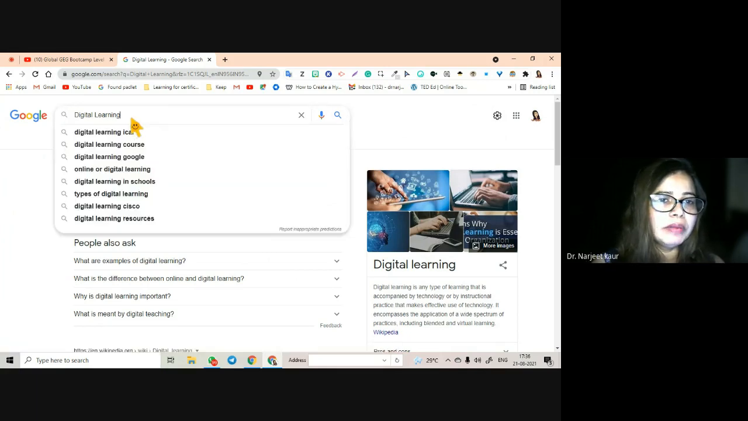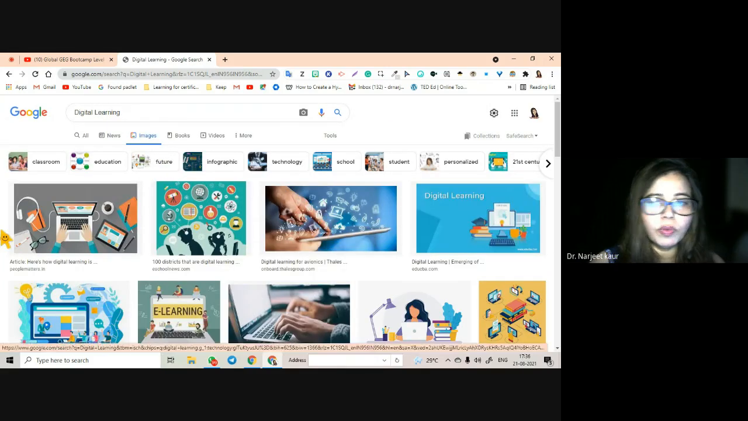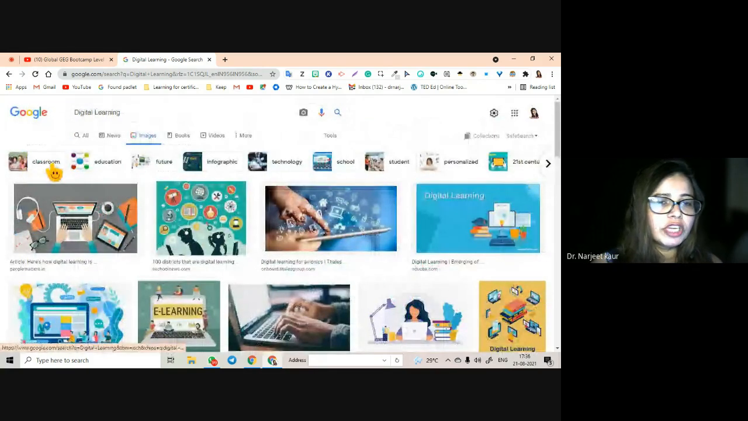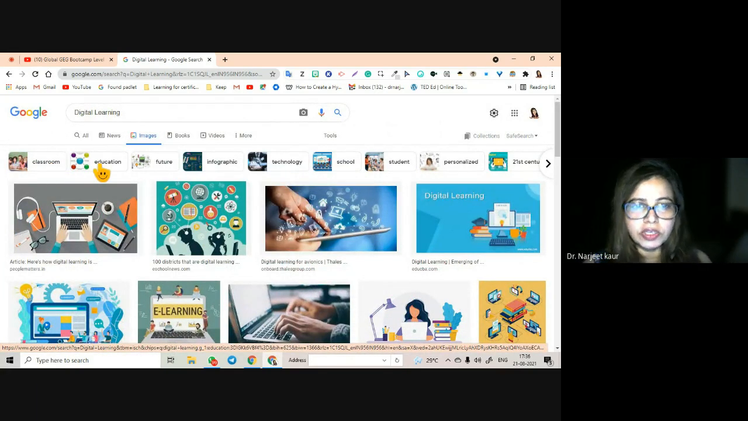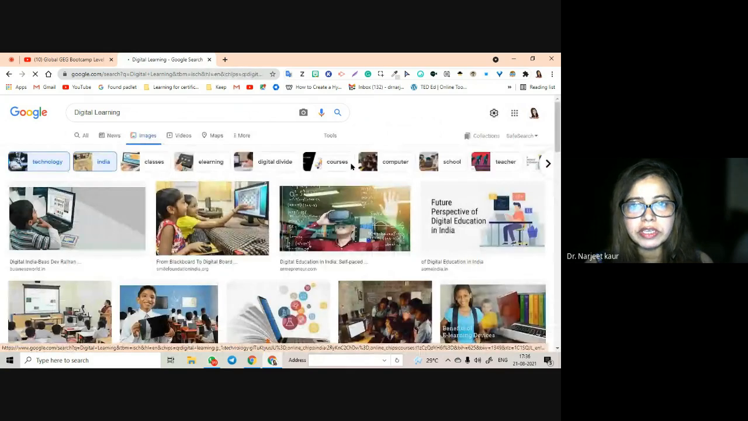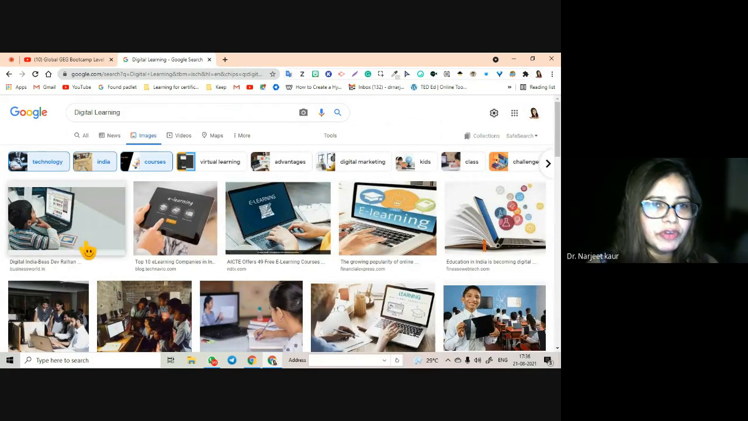For example, in digital learning, I want to look for only images. So it is going to open all the images for digital learning before me, and it is also going to give me the subtitles of making my search more specific. Do I want digital learning in education or in infographic or technology? Say in technology in India, in the benefits. So there are so many amazing options that it opens up for you when you are searching for something in